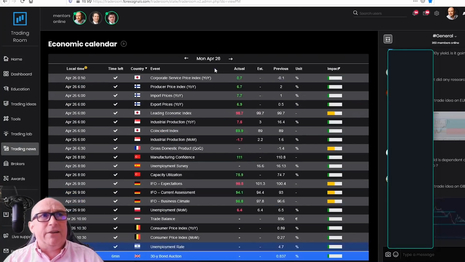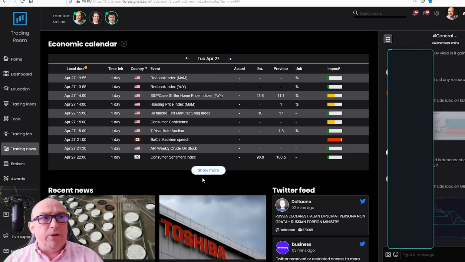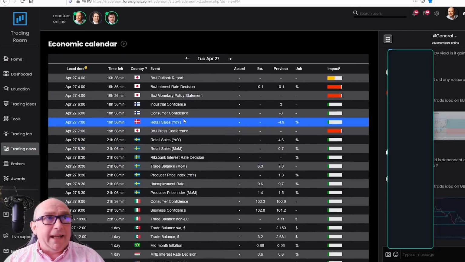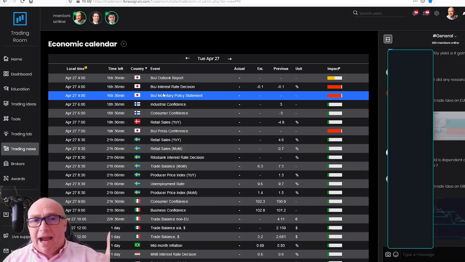And also I can look out for the week in advance. So now I'm looking at Tuesday. I want to show more, and you'll see here all the releases that are coming out. So big one, Bank of Japan rate decision. That'll be coming out in the next 24 hours, basically seeing where the Bank of Japan are thinking about their